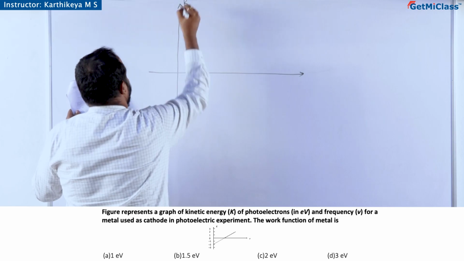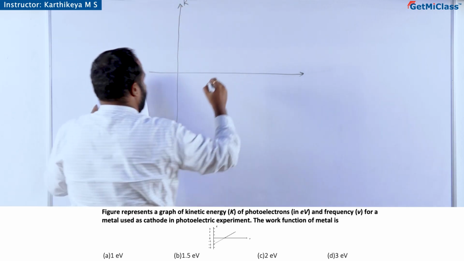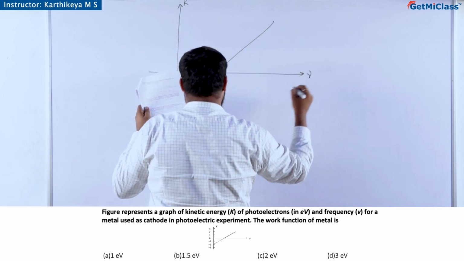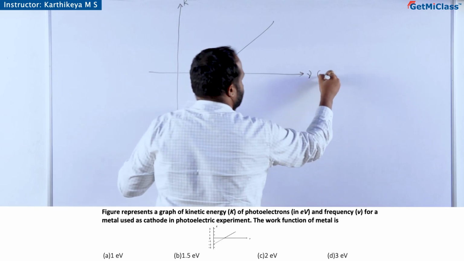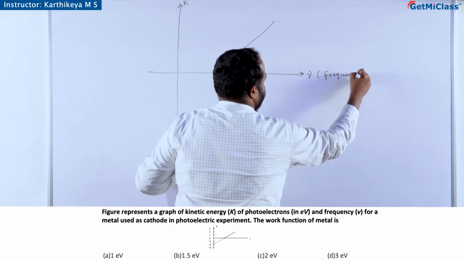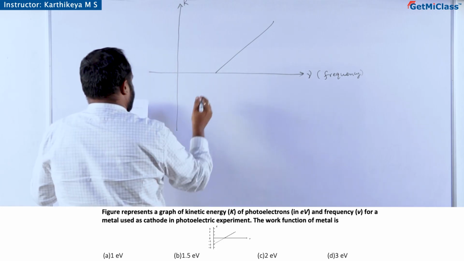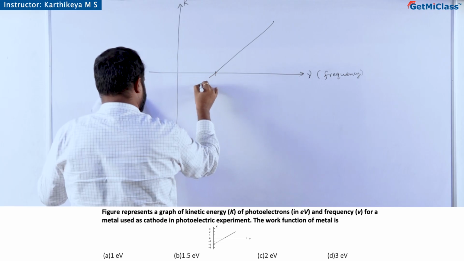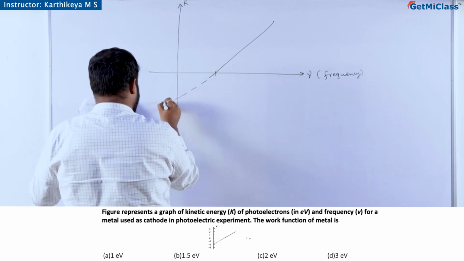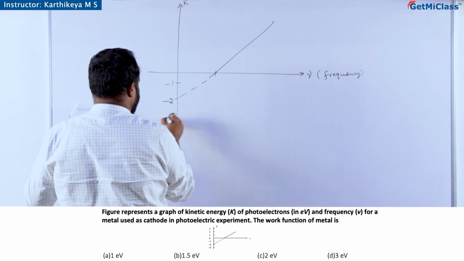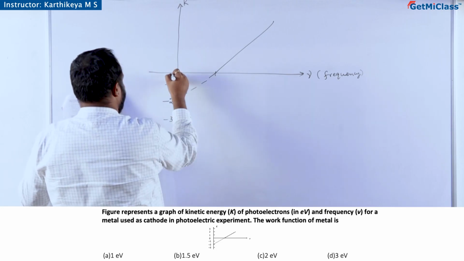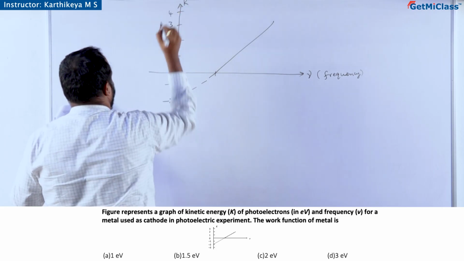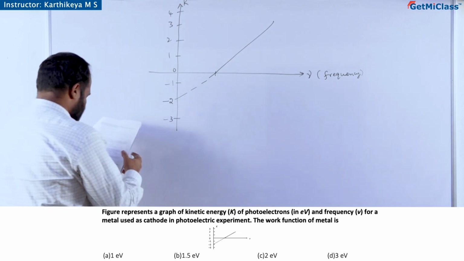this is kinetic energy K and this is where they just get emitted out. This is frequency nu. This is nu means frequency. Okay, so the plot is not given, but it intercepts here at -2. This is -1, this is -3, and this is 0, 1, 2, 3, and it goes on. Okay, now